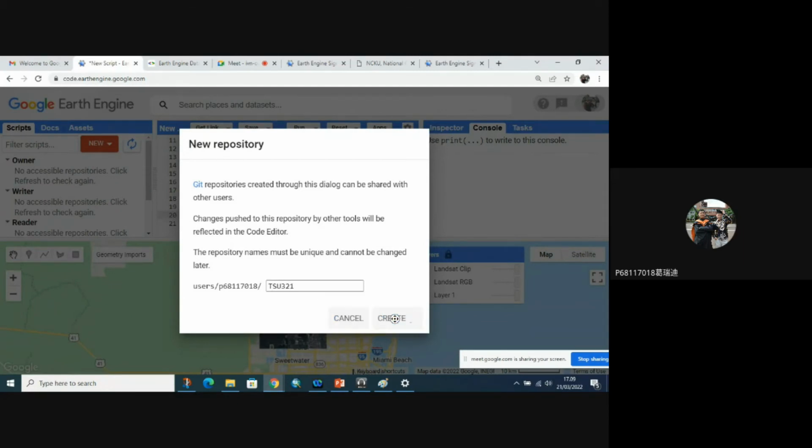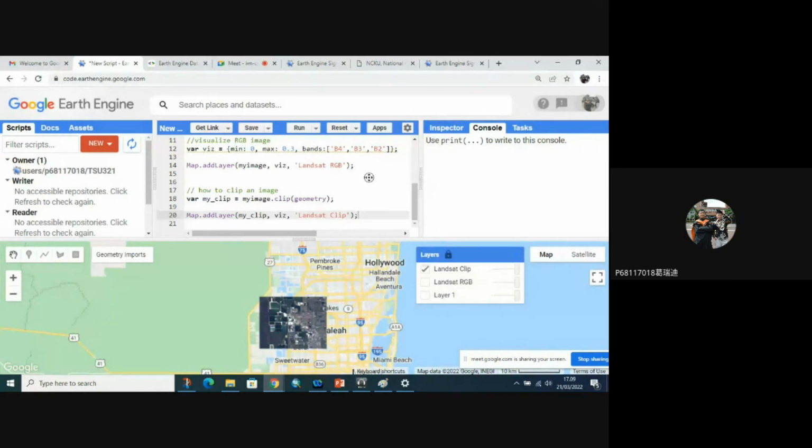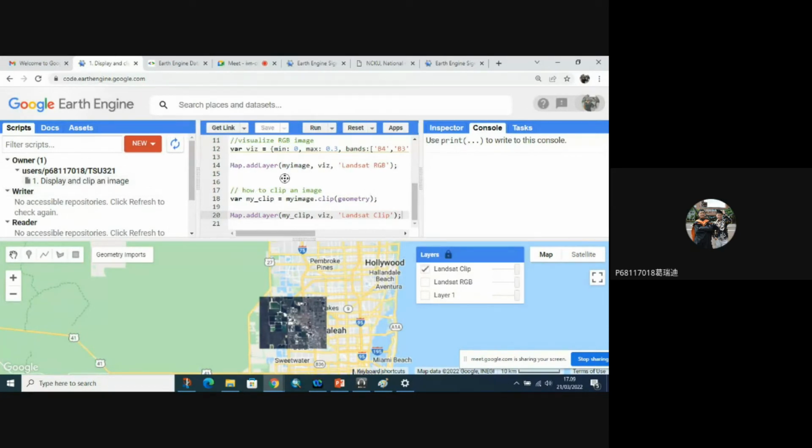Create. Okay, keep the name of this file: display and clip an image. Yeah, this is the repository, and you have already displayed and clipped an image. So this is the first tutorial of display and clip an image.